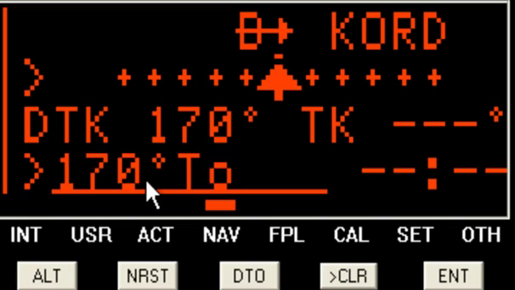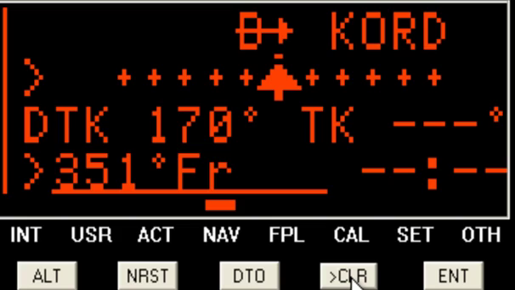Now, the fourth line is also saying this is the OBS direction, which is a bearing to 170, and these two normally match. But since it's flashing and it has a greater than sign, let's look at pushing the clear button to see what options we have. This option gives us the reverse of the 172, which is clearly 351 from. If I hit clear again,